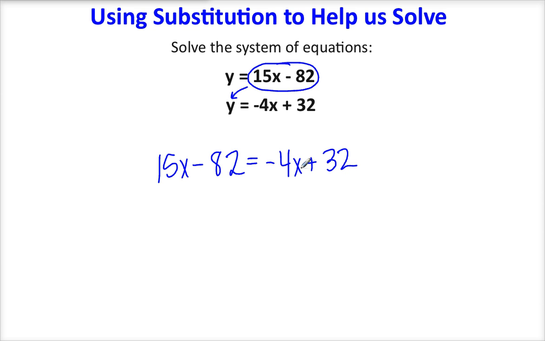My goal for this now is to get the x's by itself isolated on one side of the equation and my constants on the other, and then I will find a value for x. And eventually I'll be able to find a value for y as well. I'm not going to go through the steps right now because it'll take too much time, but this is just to give you